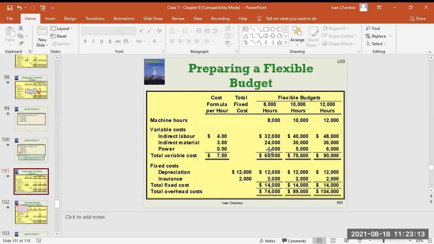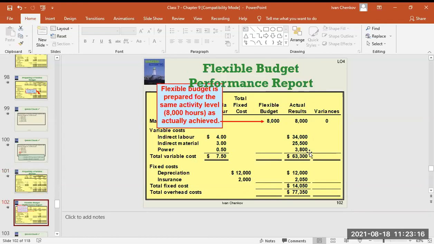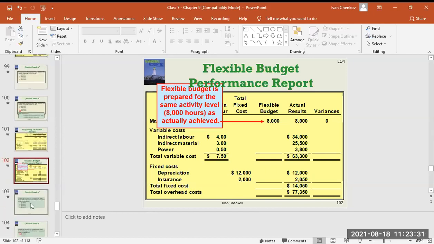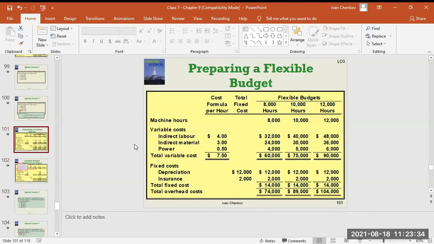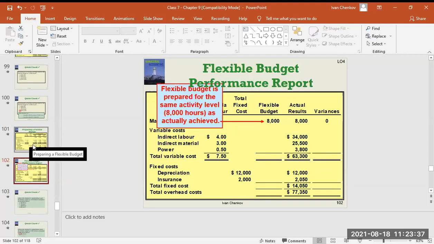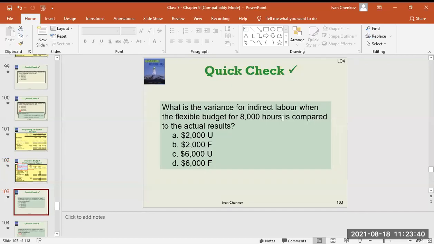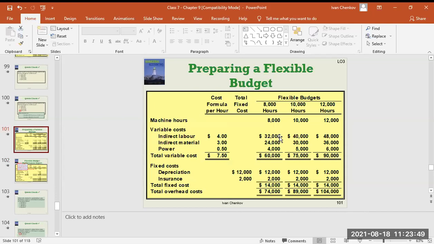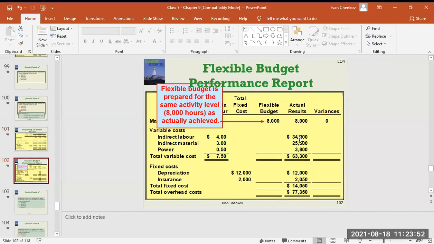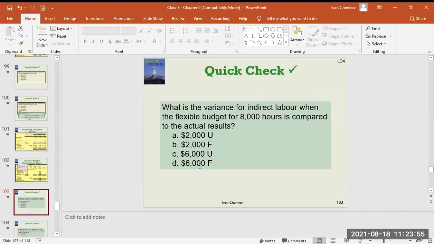And for the power, we budgeted to spend 4,000. However, we spent 3,800. So on that one, we're spending less. On the depreciation, you can easily calculate that depreciation is the same. On the insurance, we spent more, 50,000. Now we can do the variances. So the first variance will be on the indirect labor. What's the variance in indirect labor when the flexible budget for 8,000 is compared to the actual results? We can see easily, we're expecting 32, we're spending 34. So that will be 2,000 unfavorable,